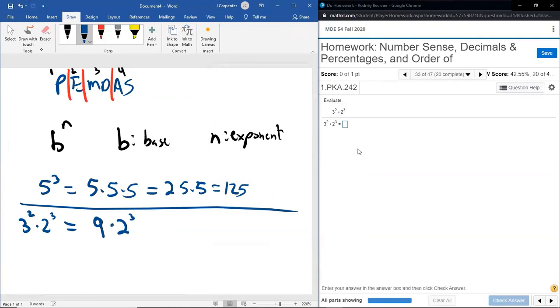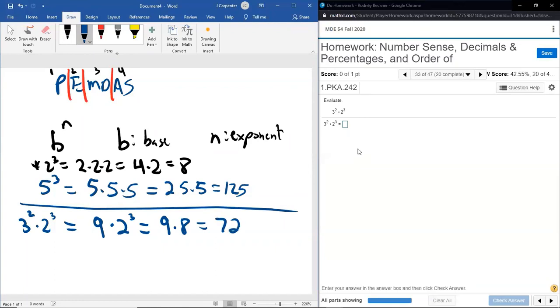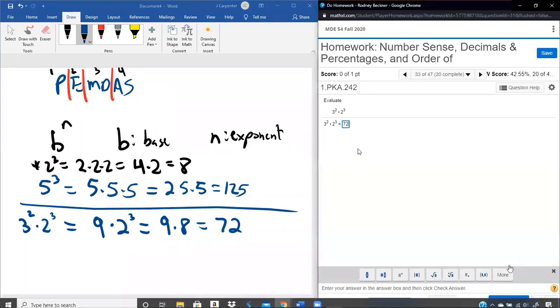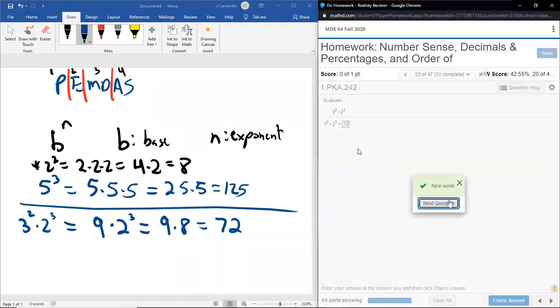Times, I'm going to really be explicit with these steps and leave the 2 cubed alone. Technically, I could go ahead and say that that's 8, spoilers, but let's show that. So 2 cubed, let's just do that over here. 2 cubed would be 2 times 2 times 2. 2 times 2 is 4. 4 times 2 is 8. So this is 9 times 8. Now we can multiply those separate pieces. 9 times 8 is 72. So let's see if that'll give us our right answer. Perfect.